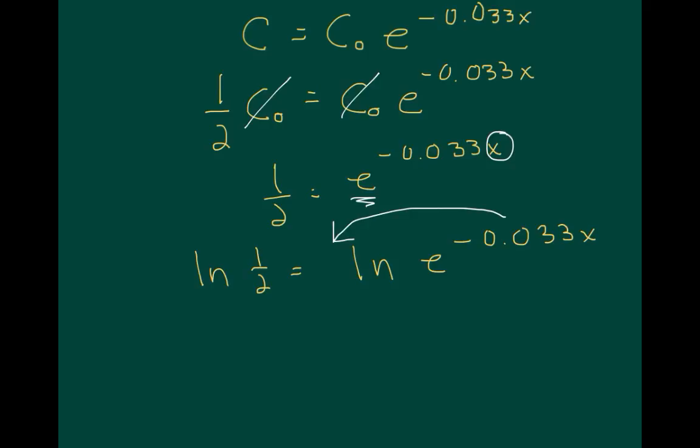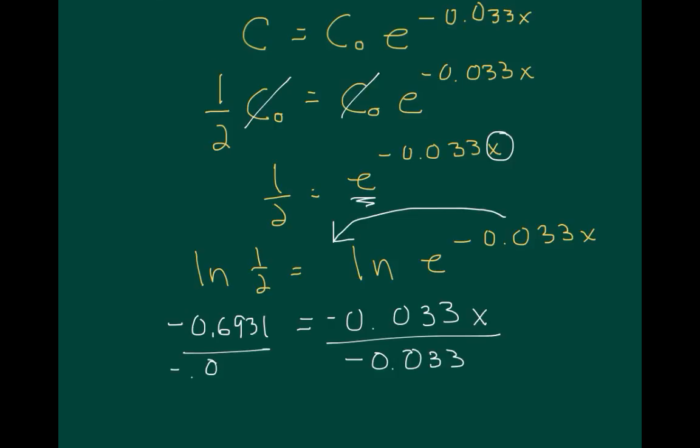Well, clearly, that's just going to equal negative 0.033x on the right side. The natural log of 1/2, well, that's just a number. I could look it up in my calculator, and if you do, it would tell you negative 0.6931. Now, to solve for x, I'm just going to divide both sides by the growth rate,